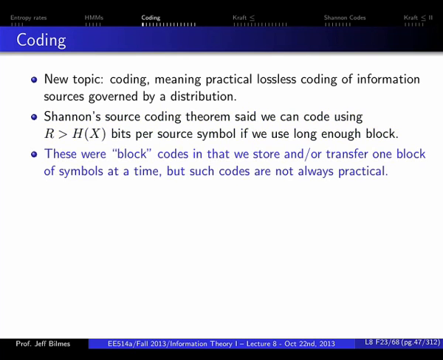Those were block codes in the sense that we need to get a big block. So if we have a random source, even if it's IID, we need to wait for a big giant block of symbols before we can say, okay, now I know what that one is, so send this code word for that block and this code word for that block. What if I don't want to wait that long? What about streaming codes? Imagine if you wanted to watch a movie on Netflix